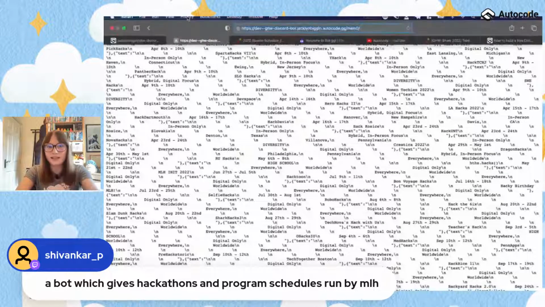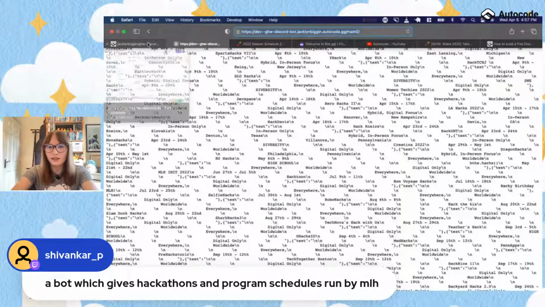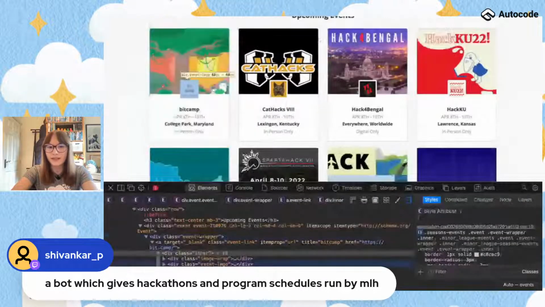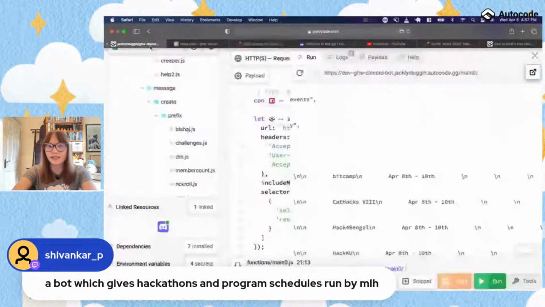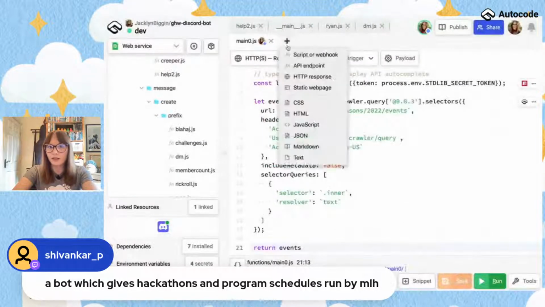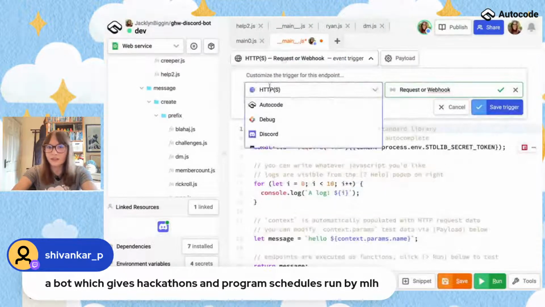So let's make this one tiny bit less yucky, and let me just make it so it's getting a list of event names. So it's going to be all the events happening this season. I'll do it in a new one so you can see the evolution. So we'll use